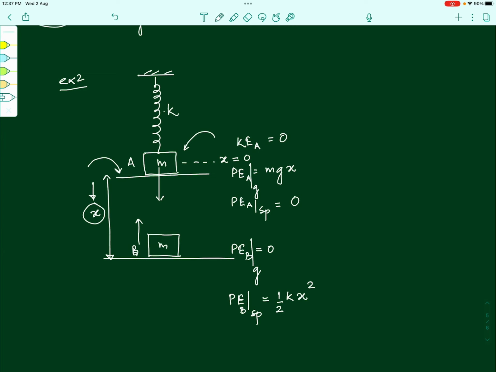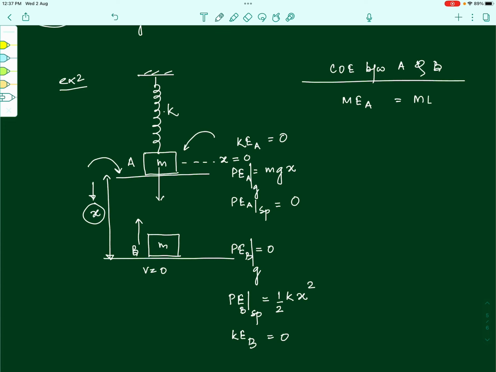So, can we say at the point B also the velocity of the block is 0, which means that the kinetic energy at B is also 0, right? So, having discussed all the energies that the block has at the positions A and B, can we use the law of conservation of energy between the points A and B and say that the mechanical energy at A